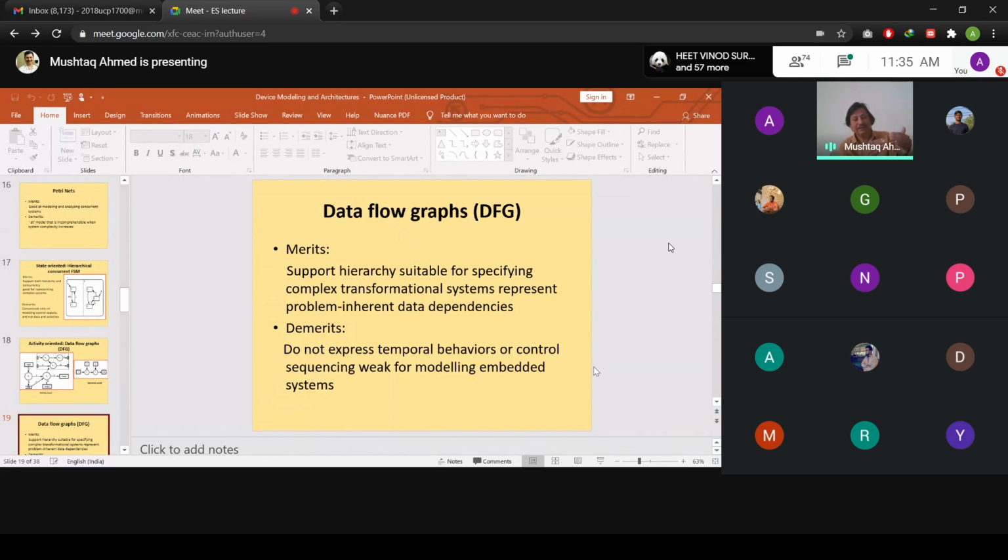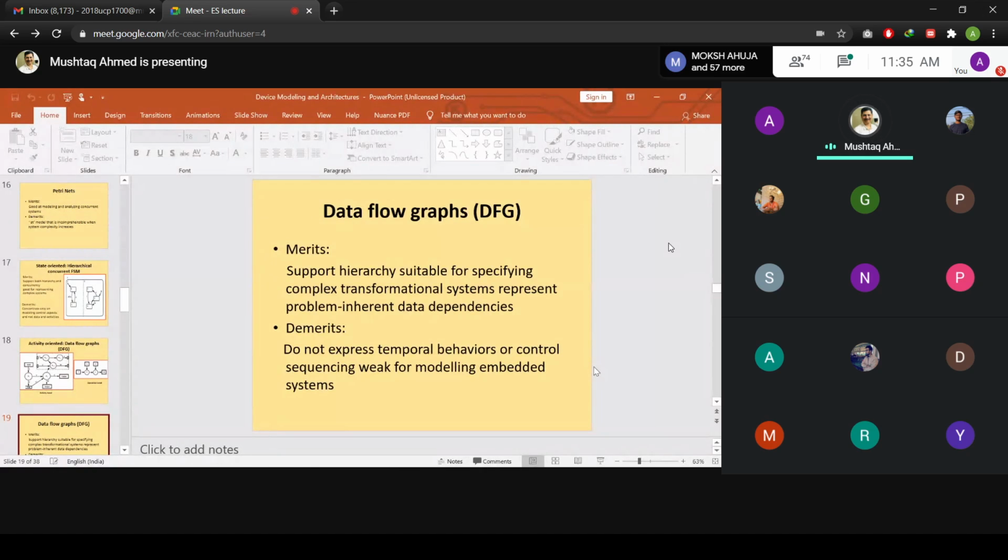So again, this data dependency statement appears in this data flow graph, because unless the data is available, you cannot perform that activity, and the transition from one state to another state would not take place. So in this activity type of diagram, if you have gone through embedded systems, DBMS or the software engineering part, all those values pertaining to the operations need to be performed. You require to make a transition from one state to another state or perform certain activities. The operation of that can be easily depicted using this data flow graph.